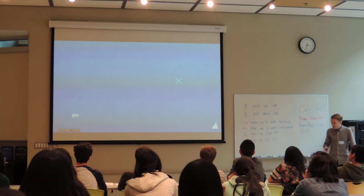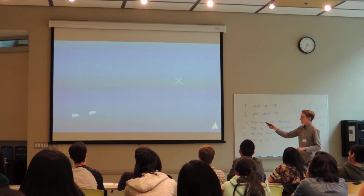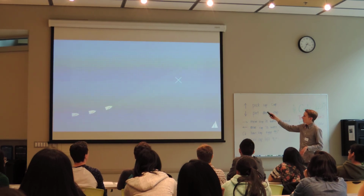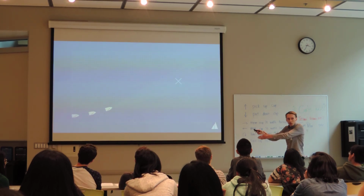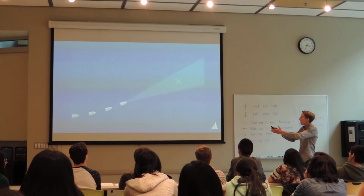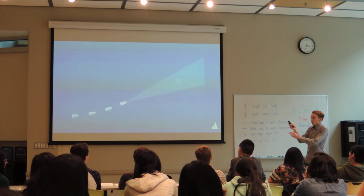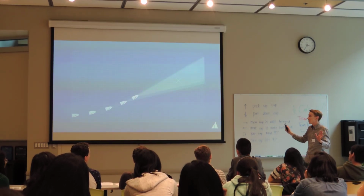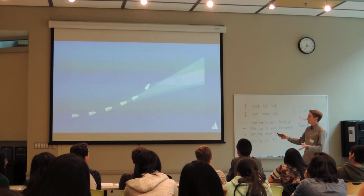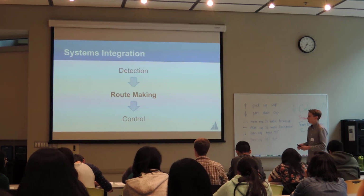All right. And here's how the algorithm thinks. As the boat is coming up towards an obstacle, it suddenly sees the obstacle on the video, and then it marks it on the spot of the video. Then as it gets closer, it's taking more and more photos, and then it can accurately pinpoint where that obstacle is. The whole algorithm after that is basically seeing how it can get away from that obstacle. So it's just constantly trying to go past it, basically. So once we figure out what obstacles there are,